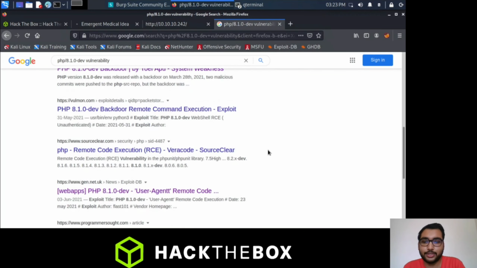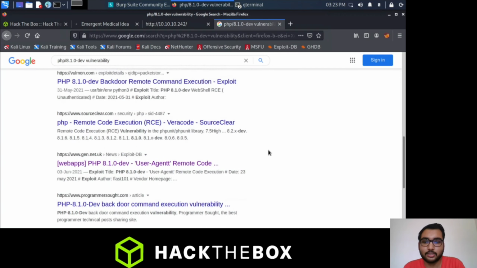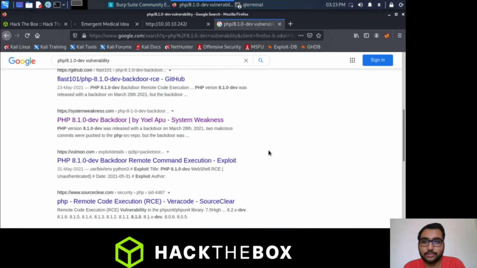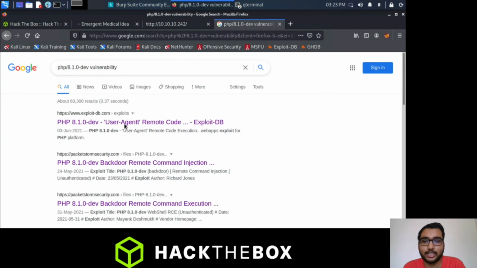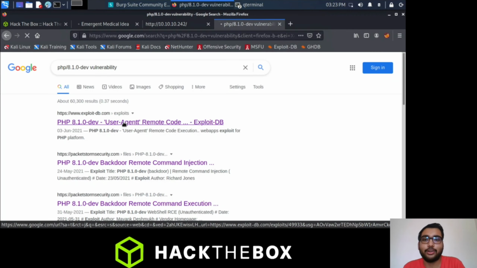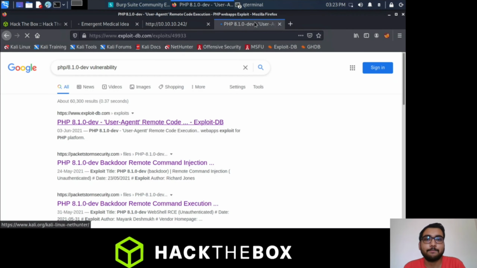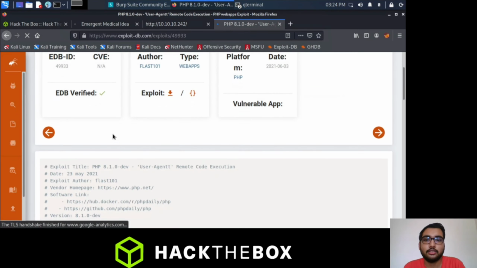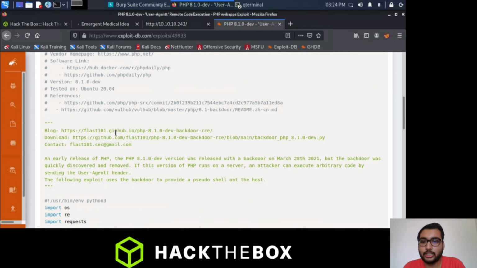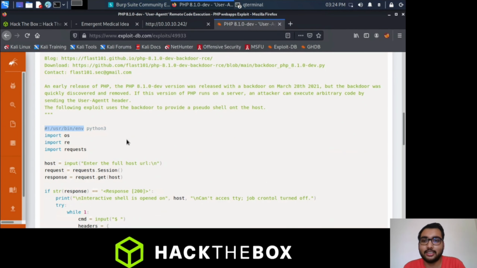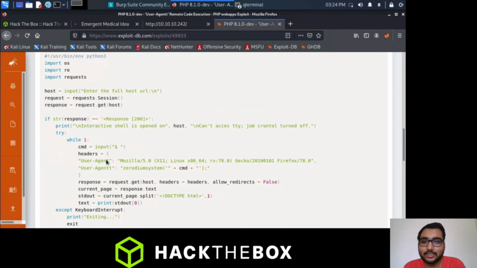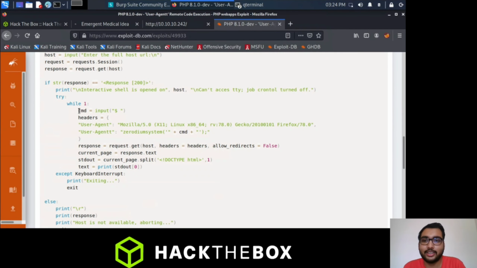Let's check for this exploit on ExploitDB and see what it does. It's written in Python, and what it does is take a command from the input of the user and put that command in a header, which is User-Agentt zerodium system.